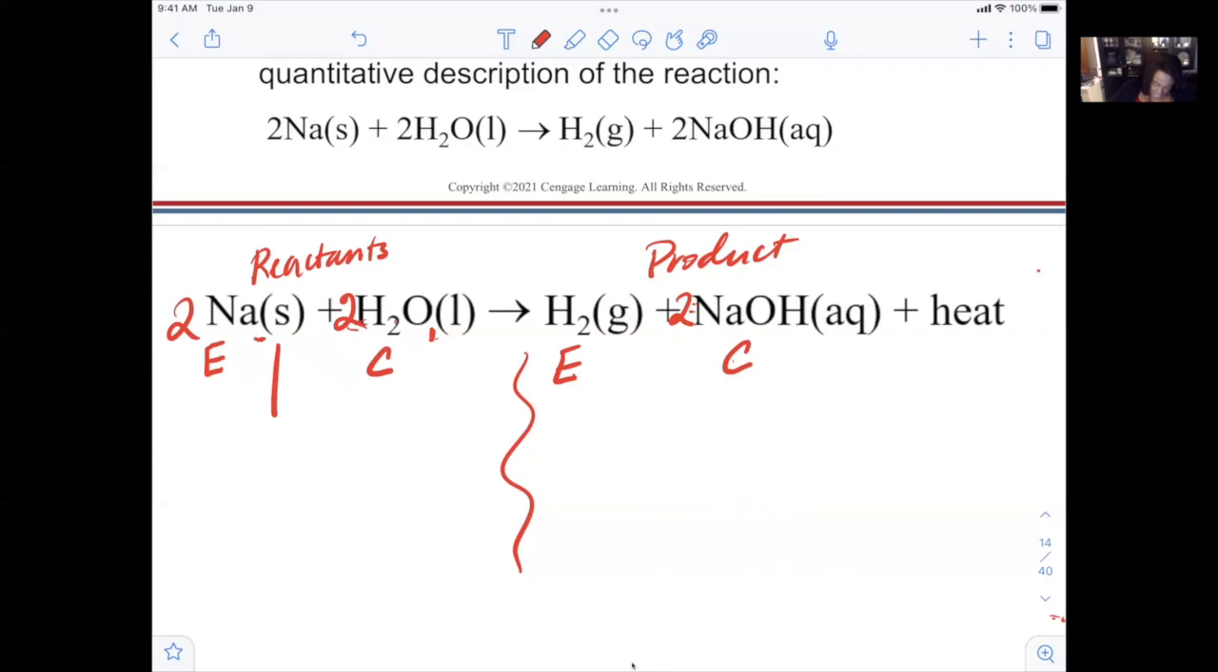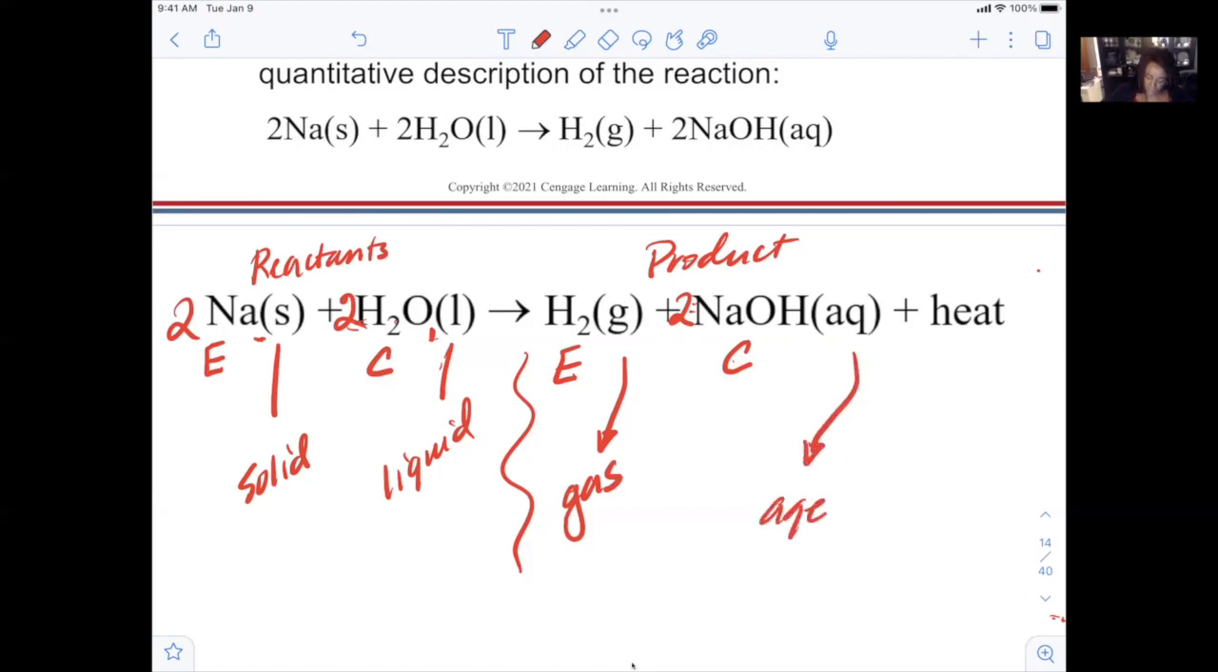The physical states. S stands for solid. So in this reaction, you want to get sodium in the solid form to see the reaction work well. Then L stands for liquid. You want water in the liquid form to see the reaction take place the way you want it to. And then you will experience or visualize hydrogen in the gas form. That's what G stands for, gas. And the AQ here is aqueous. Okay, aqueous, this means ionic compound dissolved